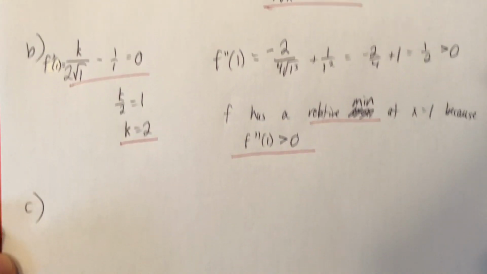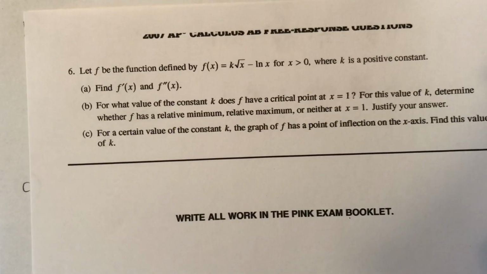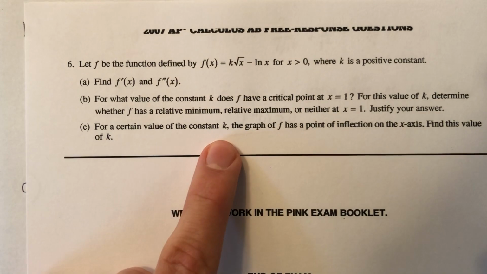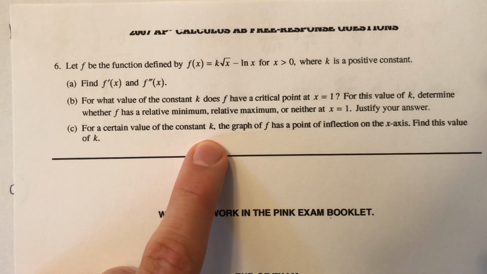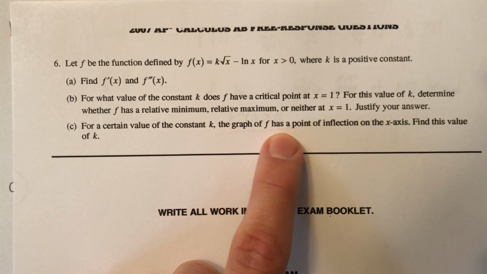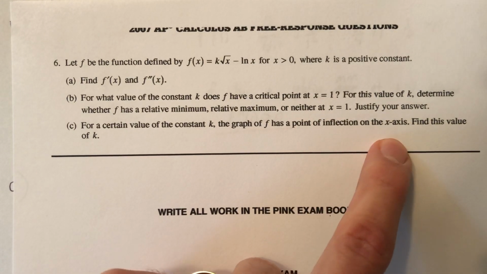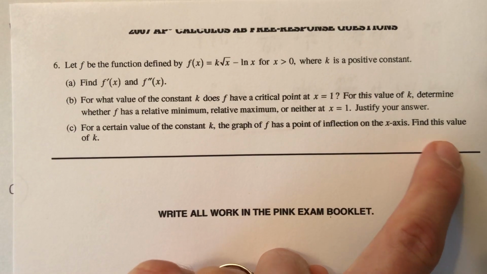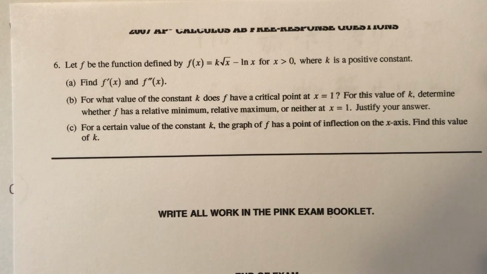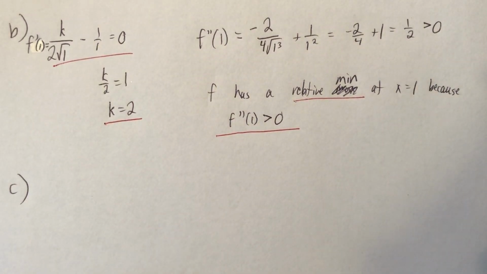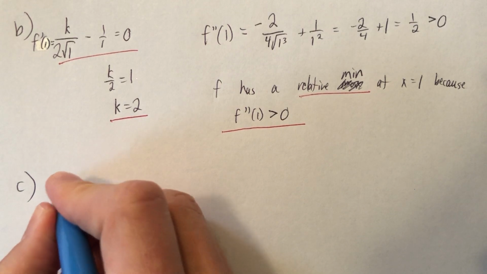Part C. This one's tricky. Let's see what it says. For a certain value of the constant k, now k is no longer 2 necessarily, the graph of f has a point of inflection on the x-axis. Find this value of k. Okay, so here's what I know. When I read this problem, here's where my mind immediately went. Point of inflection is where the second derivative